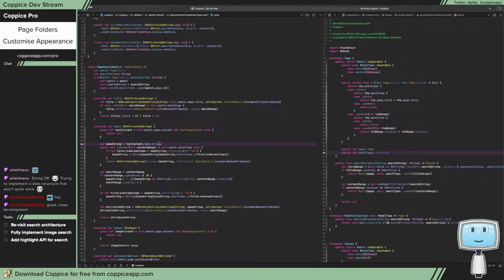So we want this to actually return, we want this type to return string. So the content needs a reference to